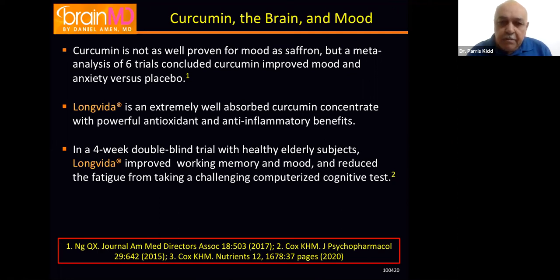They're very, very poorly soluble in water. And so when they get into the intestinal contents, there's very, very little that gets into the circulation and then gets to the tissues. Whereas Longvita is especially formulated to be at least 39 times better absorbed than turmeric root source curcuminoids. In a 4-week double-blind trial with healthy elderly subjects, Longvita improved working memory as well as mood and